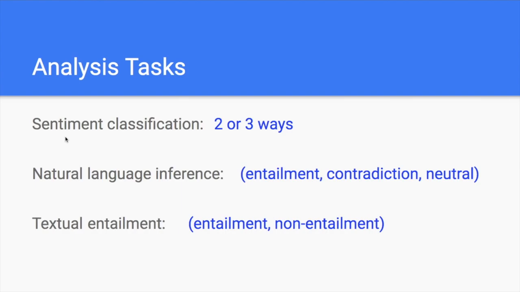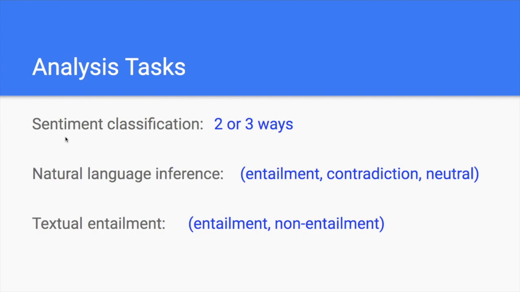So it's negative, neutral, or positive. And another task is natural language inference. It's also three-way classification. Basically, you're given two sentences, one is the premise and one is the hypothesis. And the model needs to classify if these two sentences are entailment or contradiction